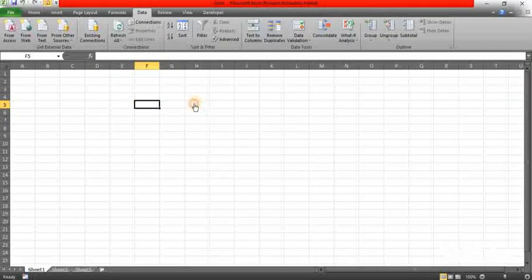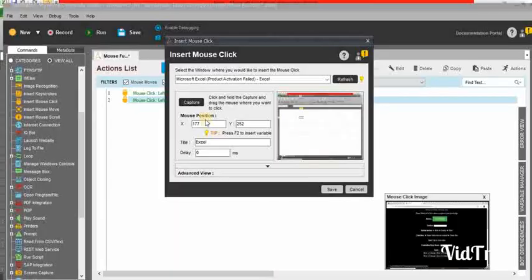Click on capture. Now I would like to select range C4. The X position is 178 and Y position is 251. So it will automatically update it, so you don't need to consider the X position and Y position. If you want to change, you need to specify any numeric values. That's it.